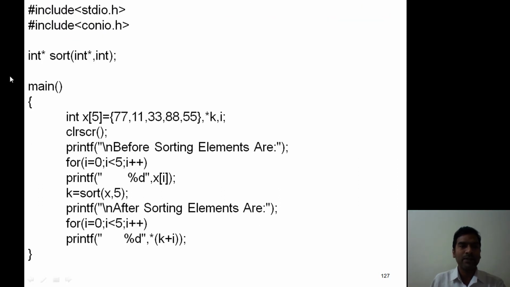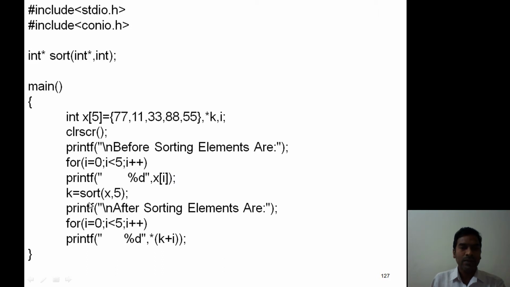Now observe this example. Here, the return type is int asterisk and the name of the function is sortof. Now int asterisk, comma, n. Here x of 5 is an array initialized with 5 elements. Before sorting, first we are printing the elements of x.